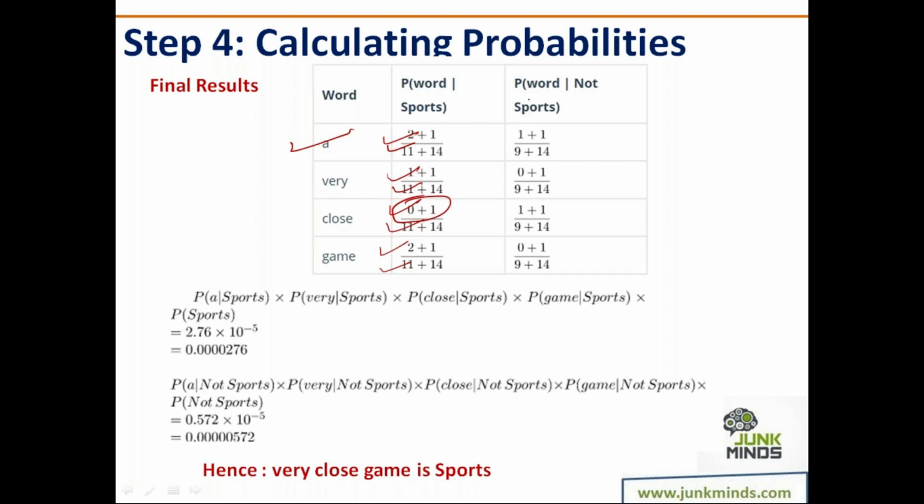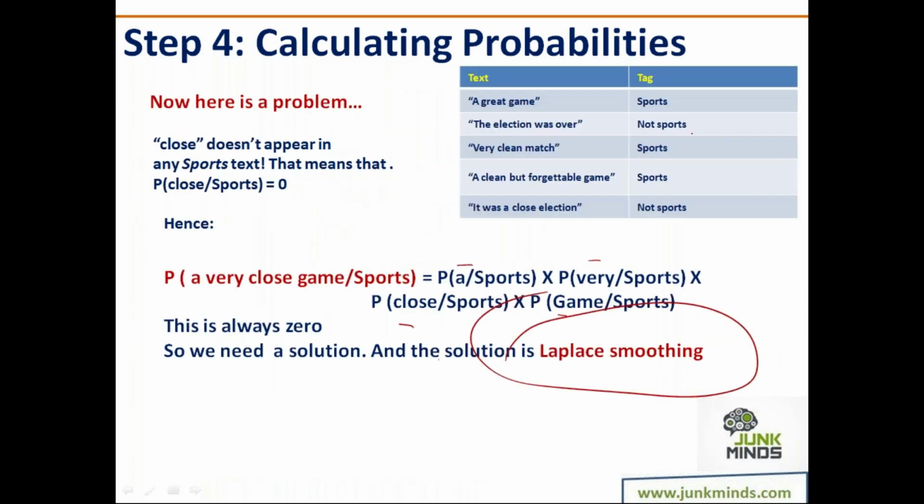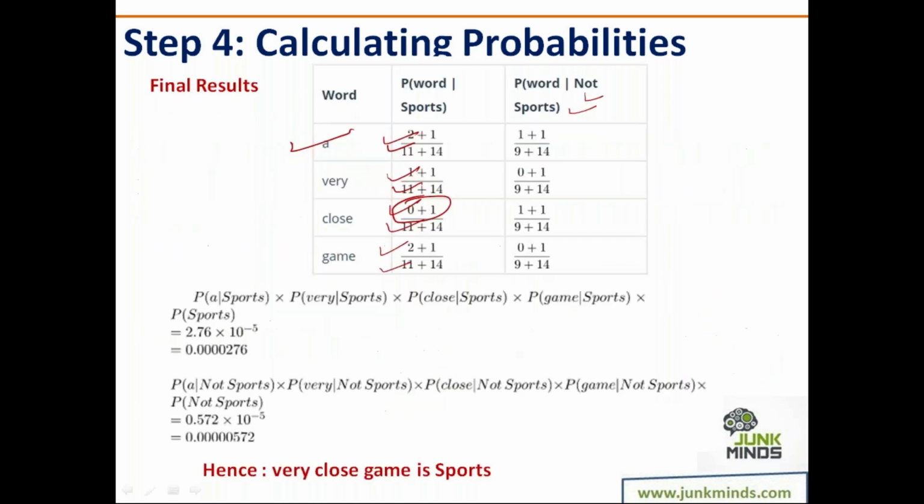Similarly, what is the probability of each of the words when it is not related to sports? So over here, we will be talking about these two statements which are not related to sports, and we are calculating with reference to that. So we will get that. What I then do is I just calculate this data, whatever was required. I'll just calculate this. I'm getting this value. For not sports also, I'm calculating this value.